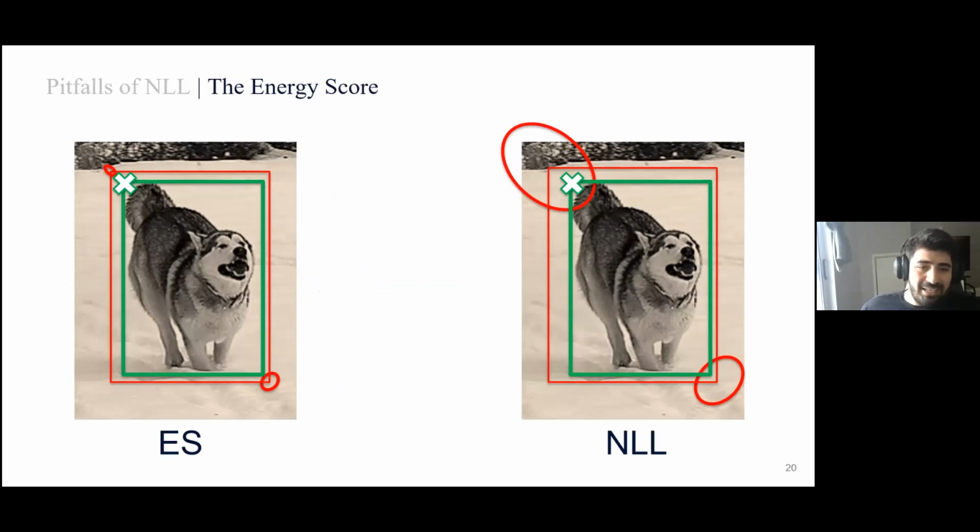Let's say we have two sets of detections, one with very high entropy and one with very low entropy. The energy score would prefer the one with the low entropy as long as the mean estimate is somewhat correct. Whereas the negative log likelihood would penalize these distributions quite severely because there's no probability, or very little probability, assigned exactly at the corners. We argue that this case is better for object detection than this case. And we show the manifestation of this property of negative log likelihood when used for training.